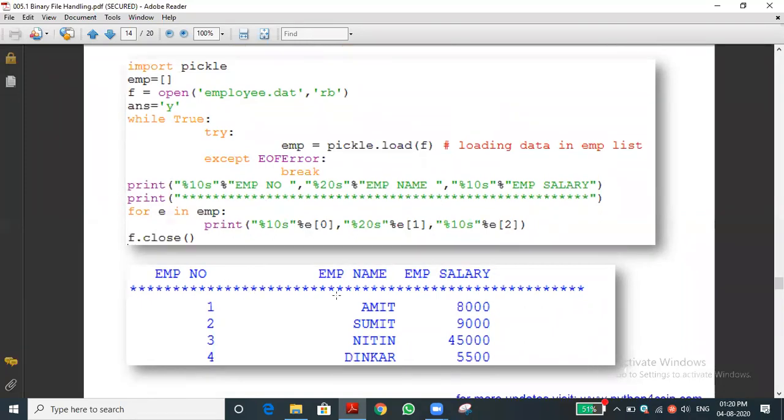Have you understood? These are the basics for arranging or aligning the output data. This is also very important in your project. Whenever we display any content or data to the user, it should be in a well formatted, well aligned manner, which is very easy to understand. Now it looks like rows and columns, so it looks somewhat easier.